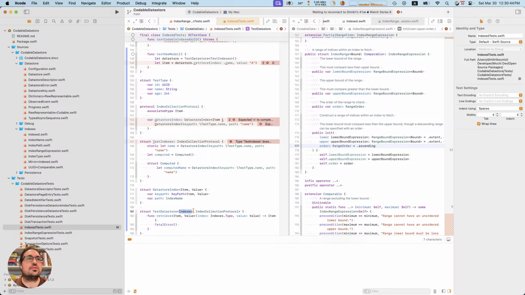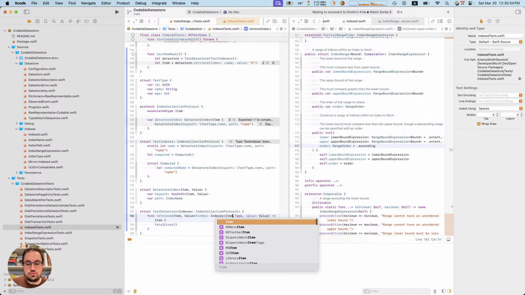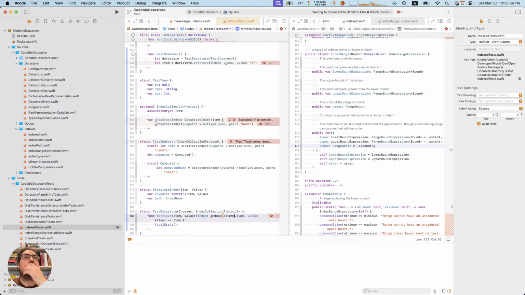We do want this to be locked to an item, so yeah, that means we can get rid of this because it is always tied to this dot item.